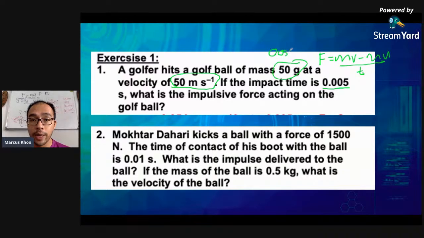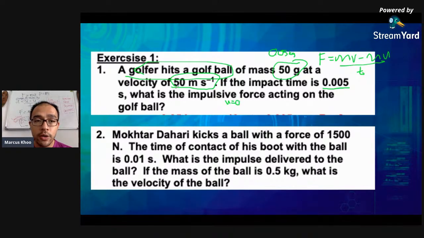0.05 kilogram. Okay. Secondly, you have this velocity of 50 meters per second, but you're not given the initial velocity. Okay, the time of impact means this velocity is 50 meters per second. But what is the initial velocity? Okay, think about the golf ball situation. Whenever somebody hits the golf ball, what is the golf ball doing at first? He is not moving. Okay, golf ball not moving means U equals to 0.